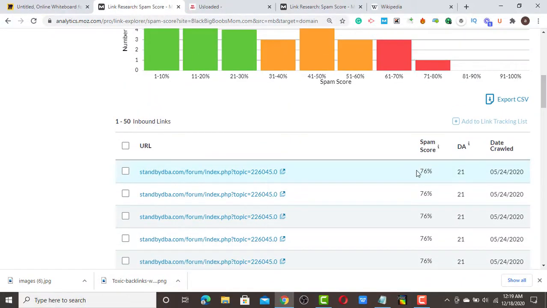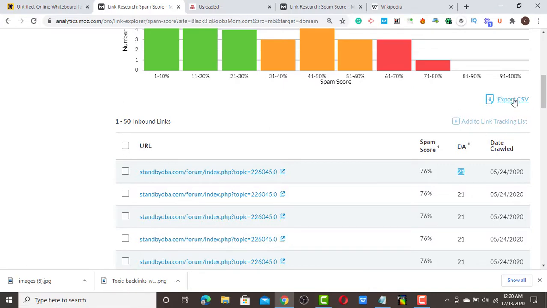If you check very well here, they have a spam score of 76 with a DA of 21, which is very bad. Let's go straight to the point and disavow this kind of link to make sure that it's not pointing at your website, so Google can know that you are not aware of this link, and also you want them to count it out of your website so your website can get space, because sometimes this toxic link can make your website not rank. When your website wants to breathe, this toxic link will keep suppressing your website so it does not rank.